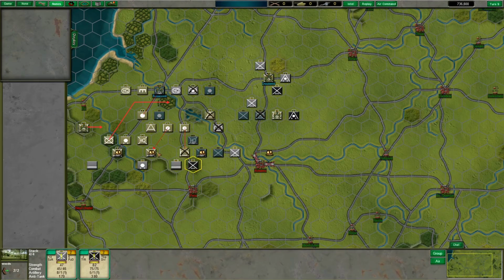Good news is their south center is actually very weak. If I had more mobile force in reserve, I'd actually counterattack there, but we do know the 15th Panzer Regiment is out here somewhere. Yep. Try and figure out how we actually deal with these, because at this point, everything from this hex eastwards is cut off, and we don't really have...